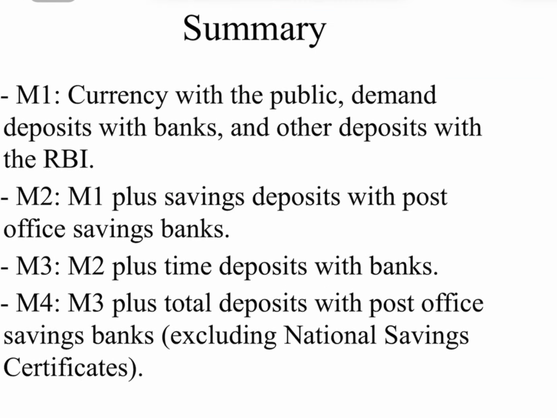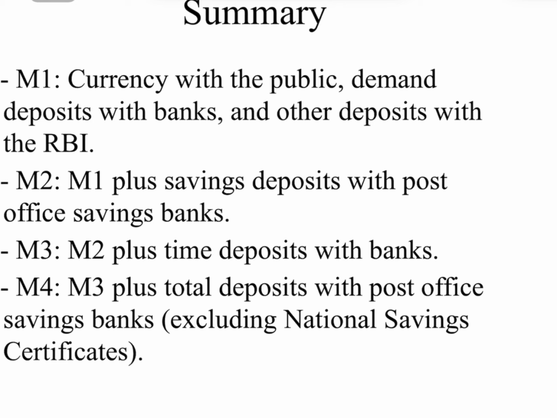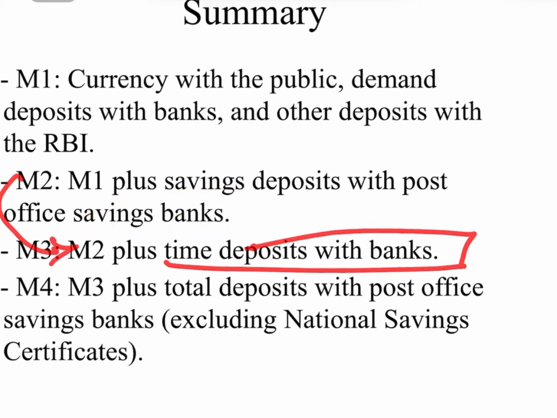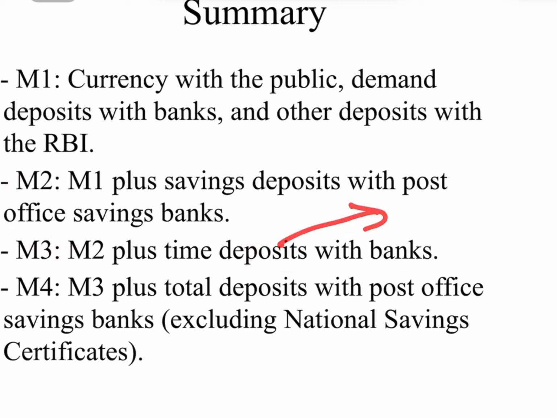Now we can summarize it simply. M1 is the currency with public, demand deposits with banks and other deposits with the RBI. M2 is the M1 plus savings deposits with the post office saving banks. M3 is the M2 plus time deposits with banks, and that is the FDs. Then the M4, the broadest of all, is M3 plus total deposits with post office saving banks. As we have already discussed, it excludes